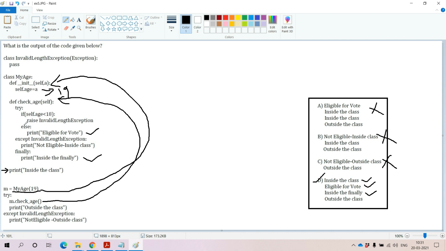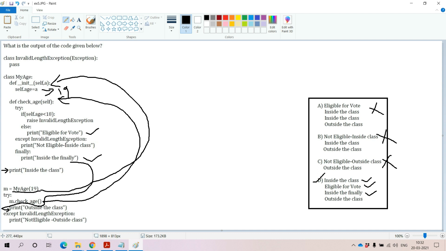Now we are at the end of the check underscore age function, and the control flow will be transferred from here to the end of this line. Coming to the next statement, which is outside of the myAge class context, print outside the class. That is the message that we are getting. Why? Because with respect to this try block, in the method invocation we are not getting any exception, so there is no problem.